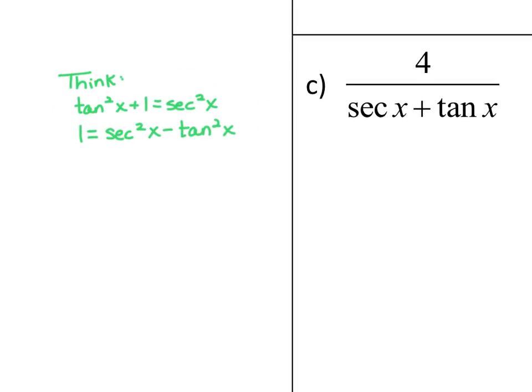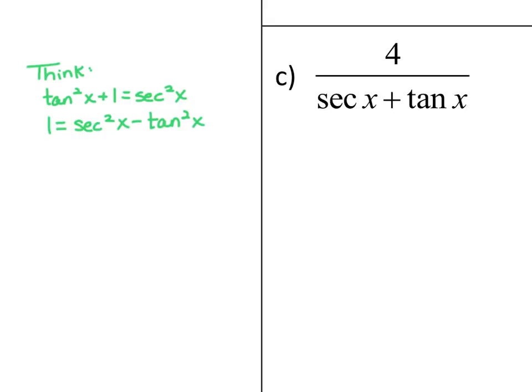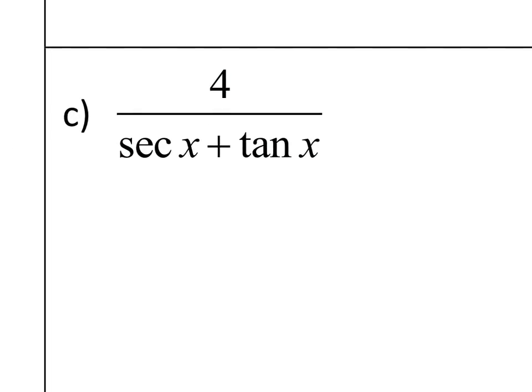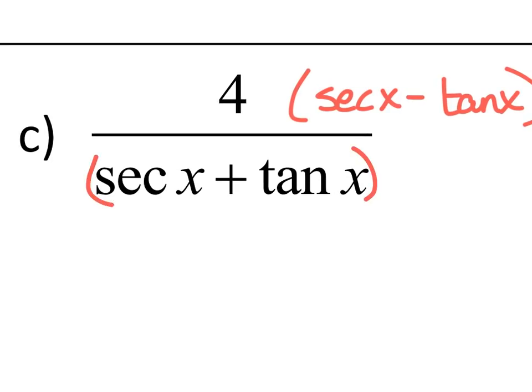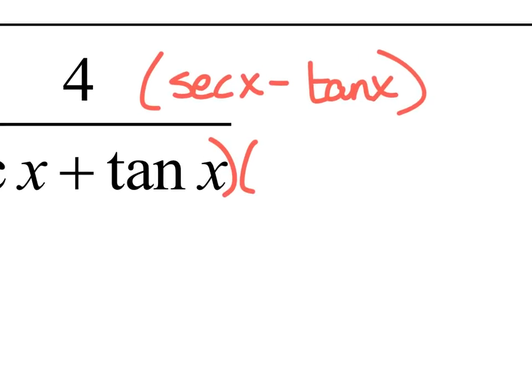But in letter C here, neither of them are squared. It's secant, not secant squared. It's tangent, not tangent squared. And there's a plus sign there, not a minus sign there. Wouldn't it be nice if it were squared and minus? Well, I can manipulate this problem here by multiplying by the quantity secant of x minus tangent of x, because if I FOIL the denominator,